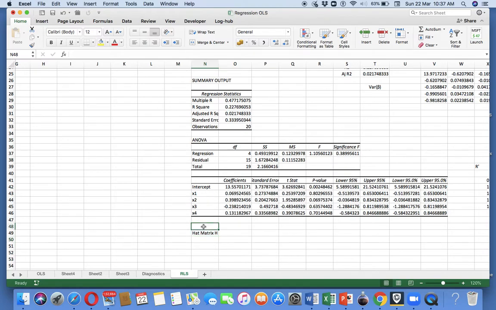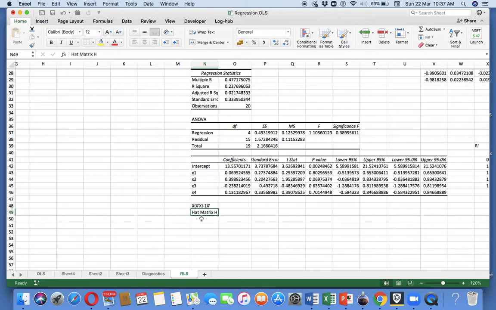So try to recall the formula. The formula is X into X transpose X inverse X transpose. Okay. So now let us just examine. X transpose X inverse, we know the middle term.